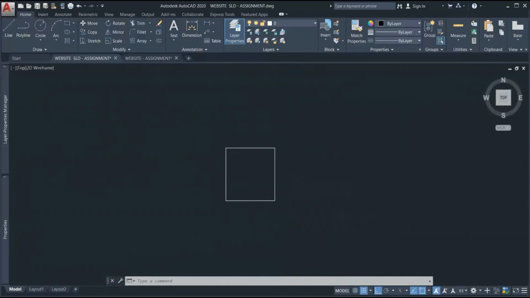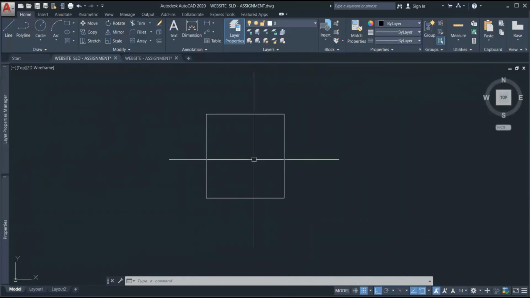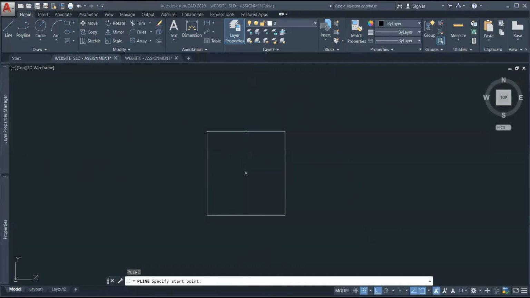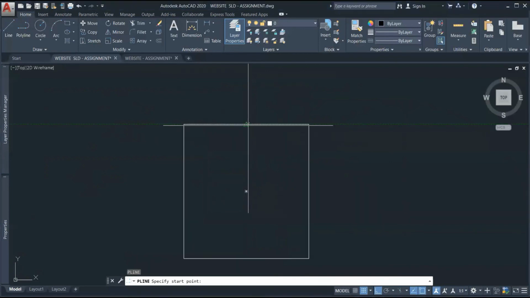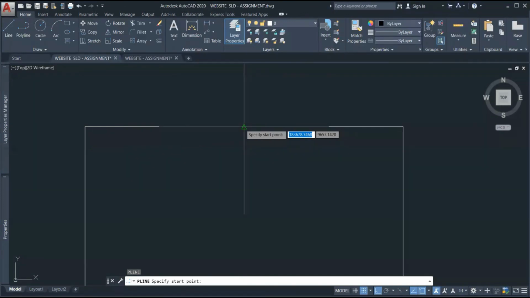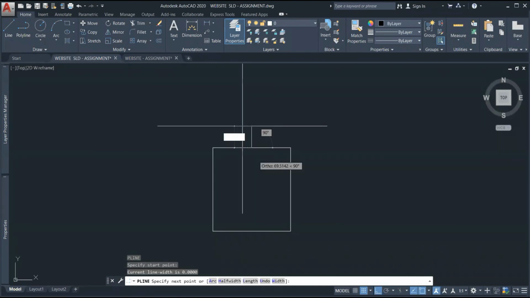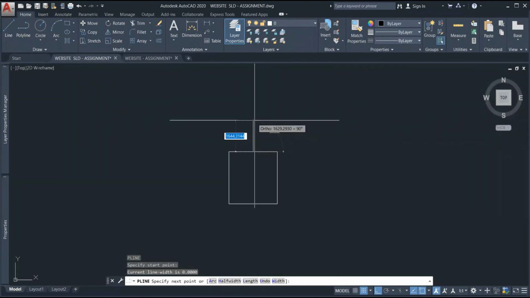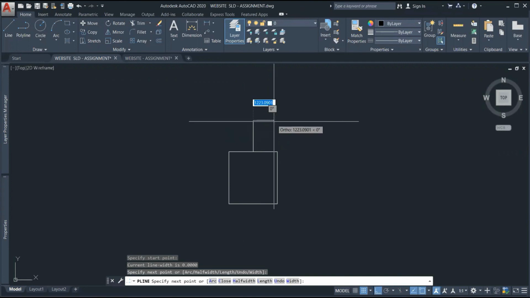And we will make the connection point. Again PL, enter. This triangle is showing that this is the middle point of this line. Click on that, go upward, click again, and press enter.